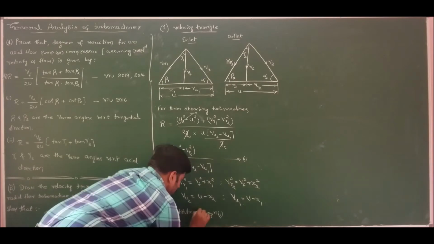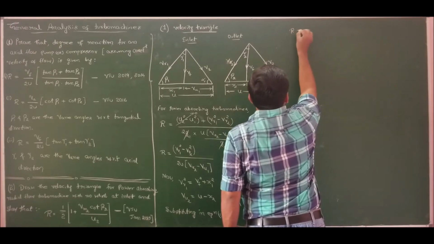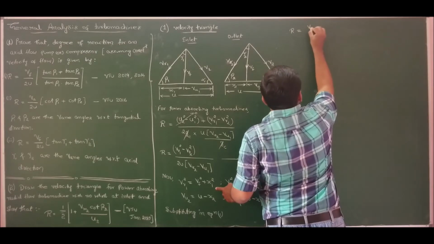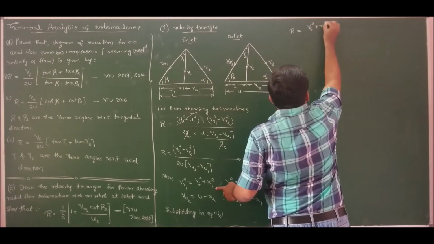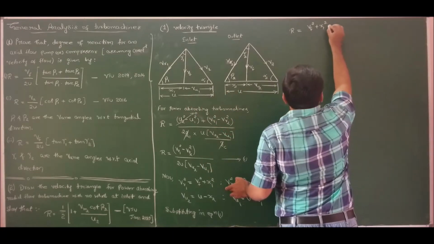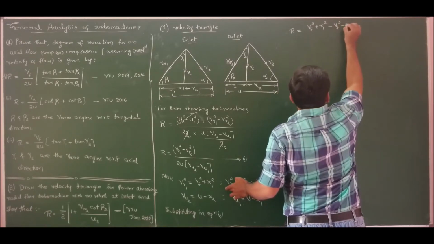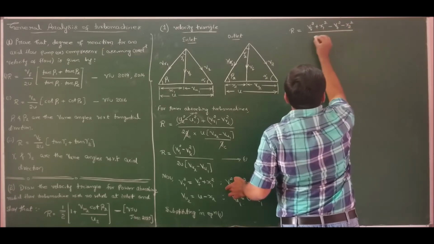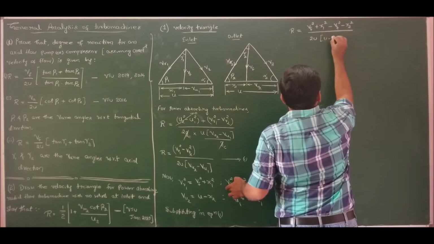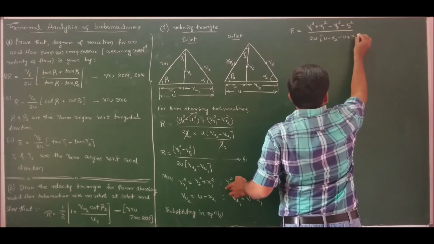Substituting in equation 1, we will get R is equal to (VR1 square minus VR2 square) divided by 2u times (VU2 minus VU1). VR1 square is VF square plus x1 square. The values of x1 and x2 are indicated in the velocity triangle. VR2 square is VF square plus x2 square. VU2 is u minus x2 and VU1 is u plus x1, minus of minus is plus x1.